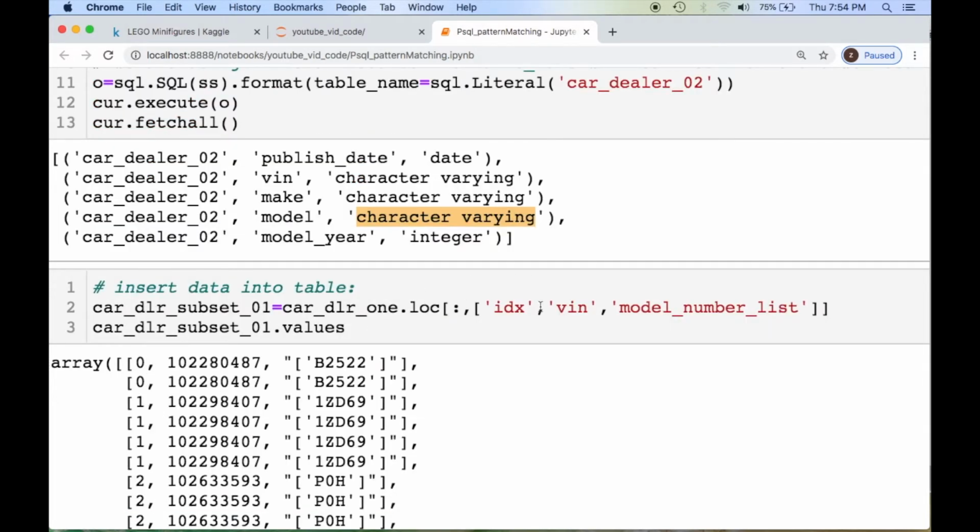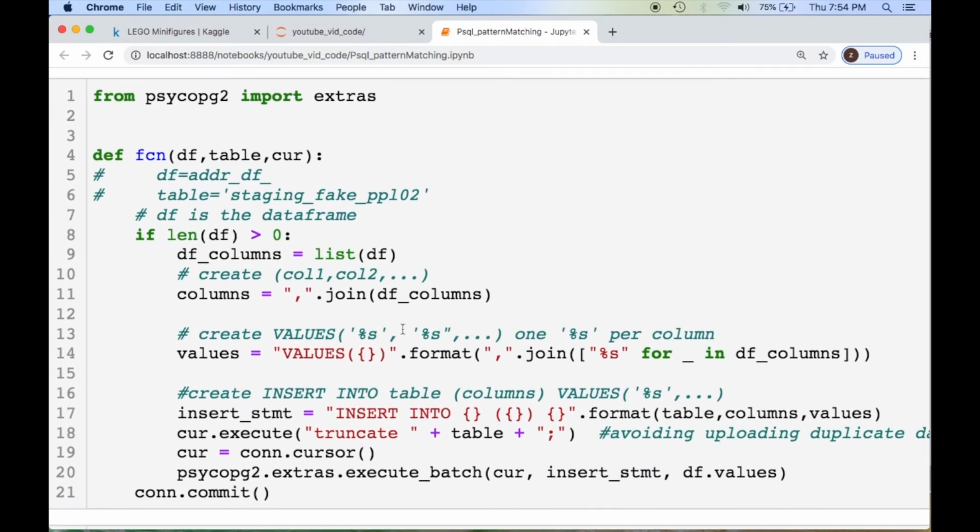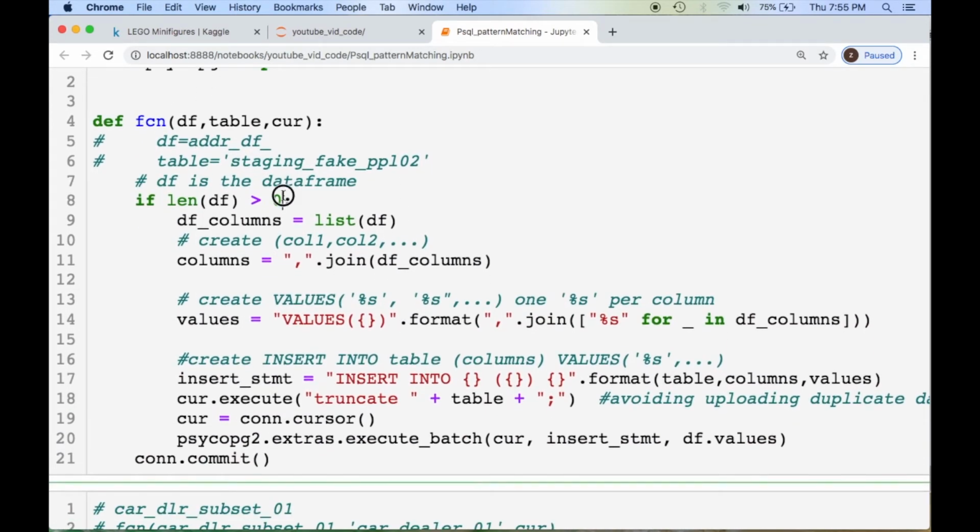Now, I decided to subset our data since we're going to be sending it off and calling it as .value, since we're going to take our data frame and send this off to Postgres. I did this in my first video. But what's going on here? Making sure at least you have something for your data frame, and this data frame will be as a list. You have the 3 parameters or arguments here.